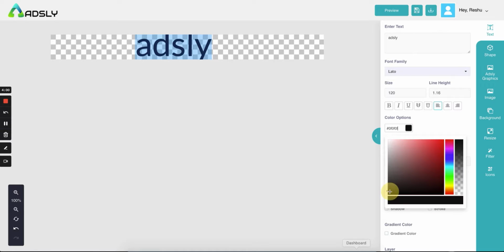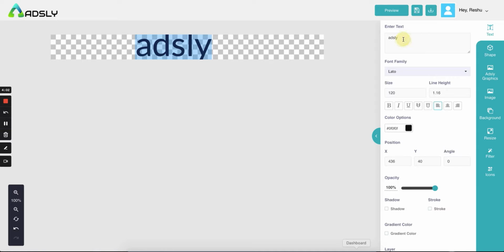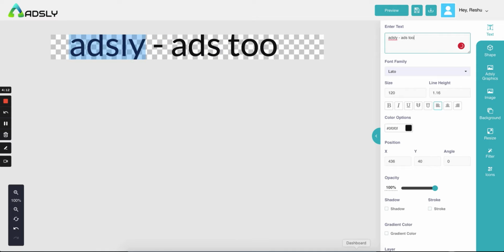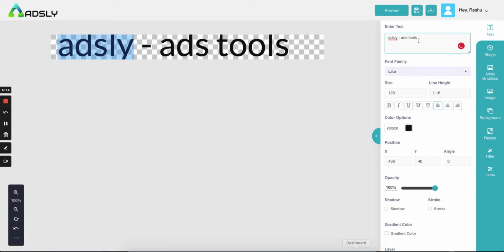From here you can change the color. You can also add the text over here instead of writing it here. So Adsly, I can say ads tool, simple. You add something over here, and it will be reflected on the canvas.